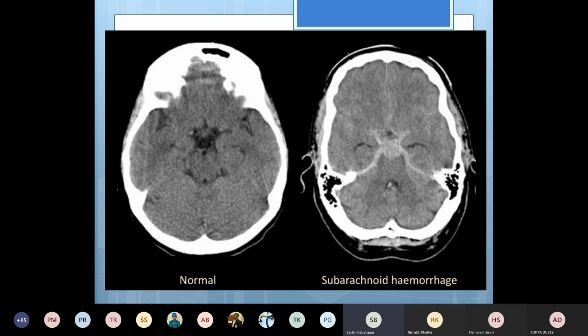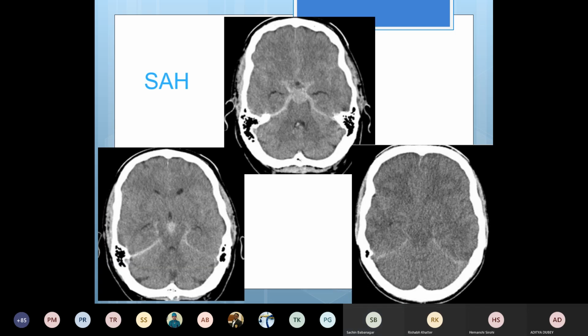And look for any high density blood. As you see here, you can see bright high density. So this is basically blood, acute blood. So acute subarachnoid hemorrhage you can see in the basal cisterns. SAH here, see, this is which one? Tentorium cerebelli. So along that, you are seeing the blood pooling. So that is also acute SAH.